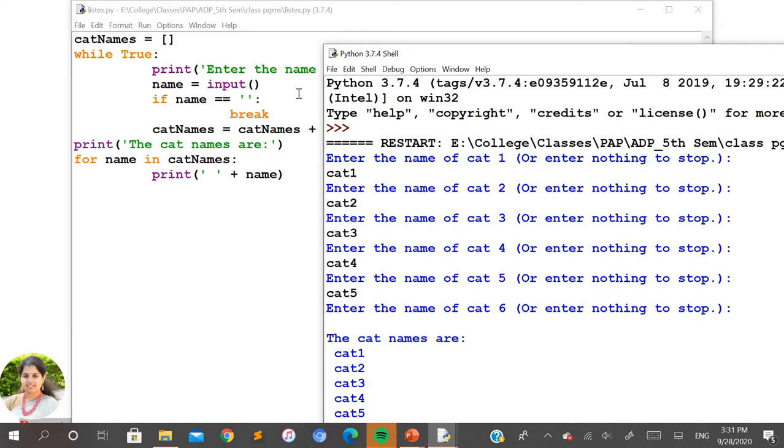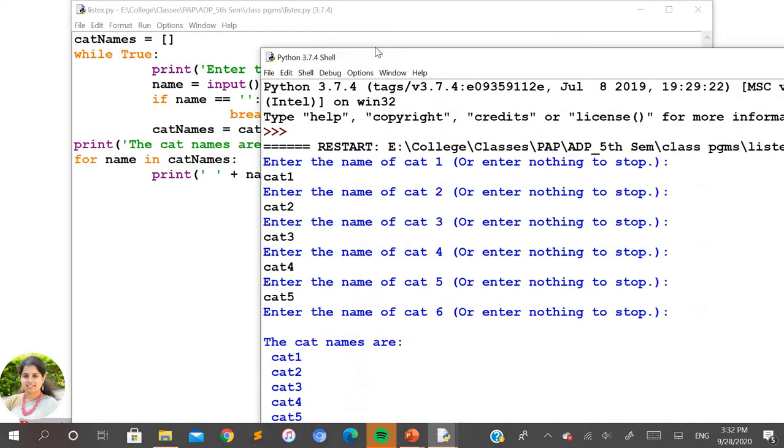Why this example has been given is that whenever you want to read multiple values at a time, you need not take five separate variables for each of the elements. In that case, you can use the loop along with the list concept, where you can automatically go on adding all the elements entered by the user, and later access those elements with the help of the for loop. I hope this example is clear to you.